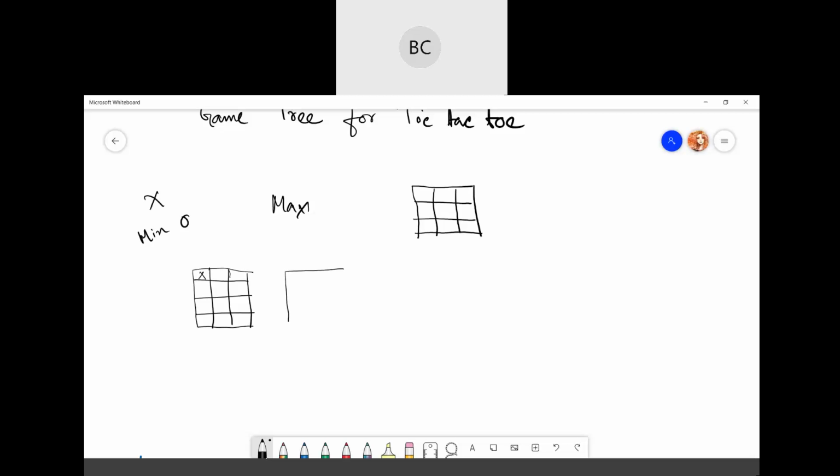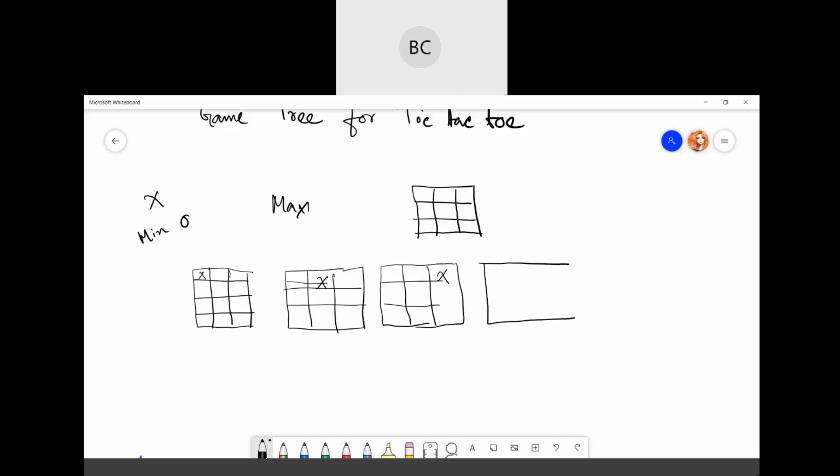Max can also put X here, and here, and here.